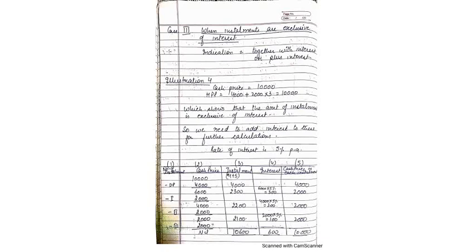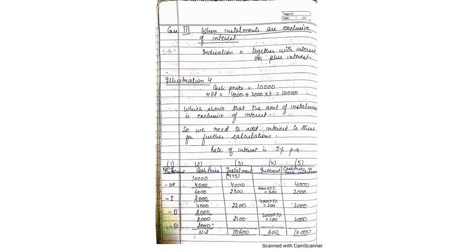We are referring to illustration 4 with respect to this method. In this illustration, cash price is 10,000, hire purchase price is 10,000; 4,000 is paid as down payment, and 2,000 is the installment money, and 3 installments are paid, so total 10,000. So cash price and hire purchase price are the same, but hire purchase price should be more than cash price.